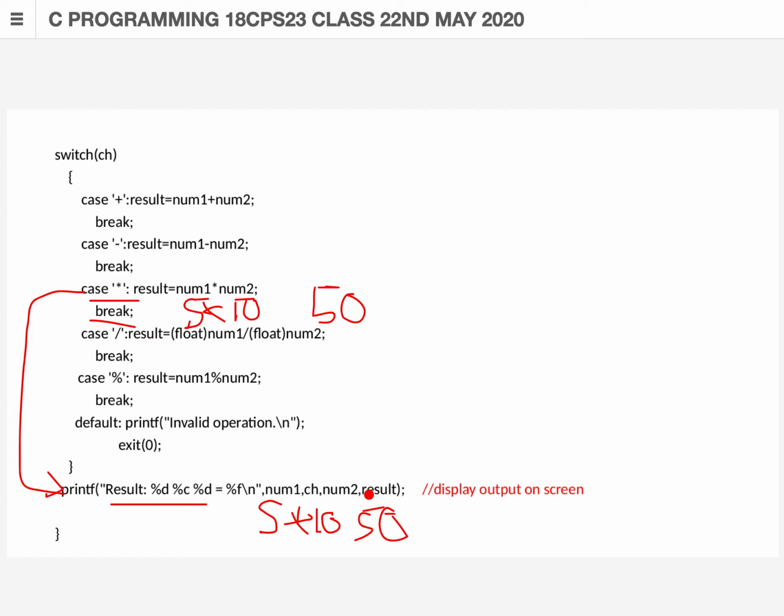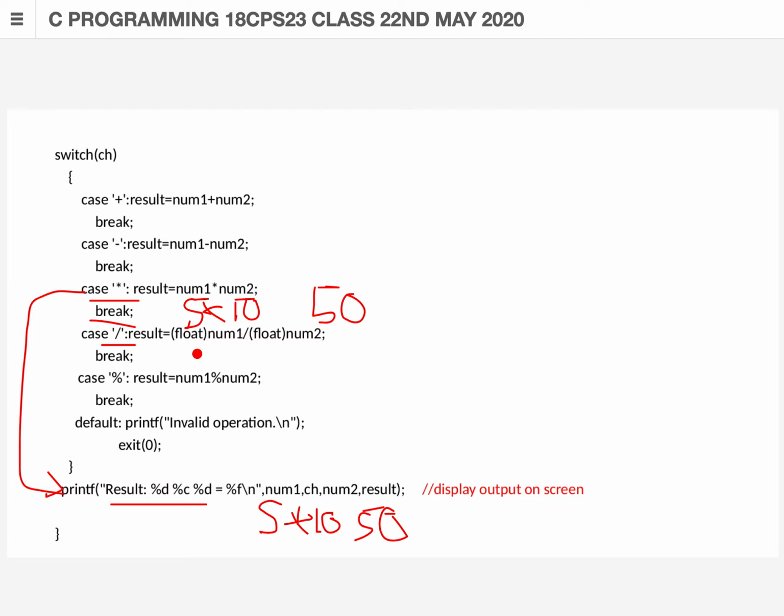Similarly, for the next operation, we will take one more input for performing a modulus operation. Normally the division operation results in the quotient. The modulus operation results in the remainder. That remainder data will be displayed on the output screen.